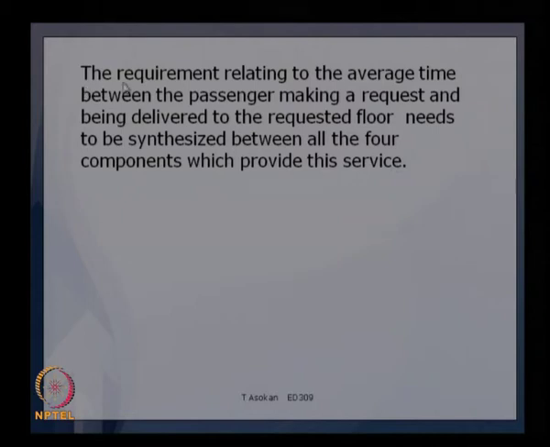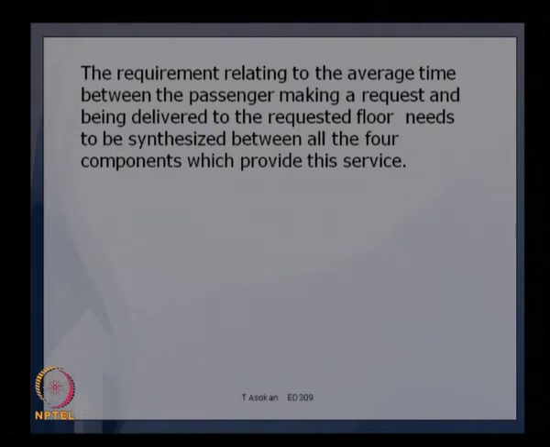The example is the requirement relating to the average time between the passenger making a request and being delivered to the requested floor, which needs to be synthesized between all the 4 components which provide this service. Suppose we have a requirement like this, average time between the passenger making a request and being delivered to the requested floor. So, this needs to be synthesized between all the 4 components,